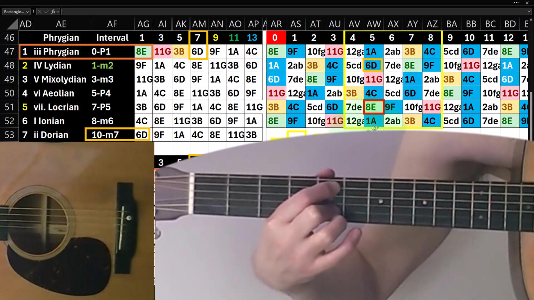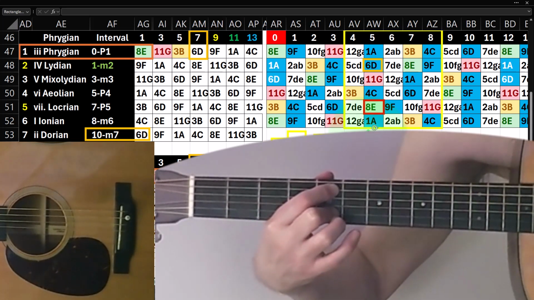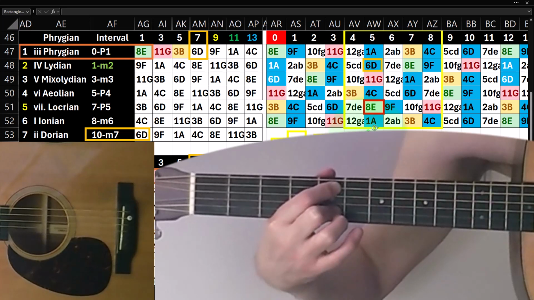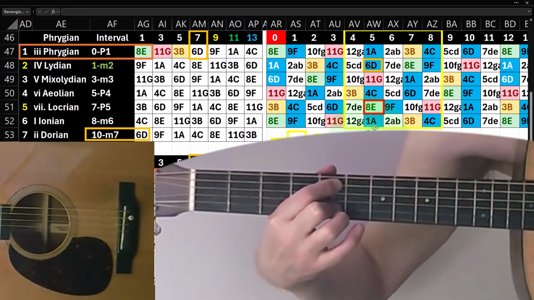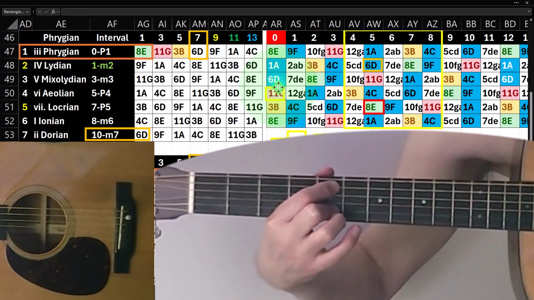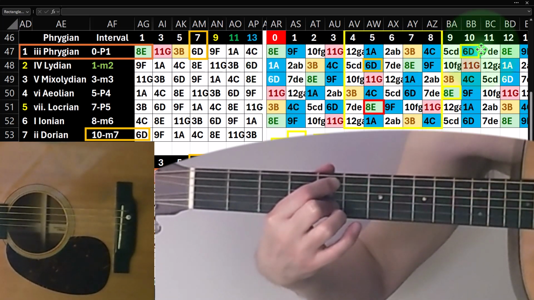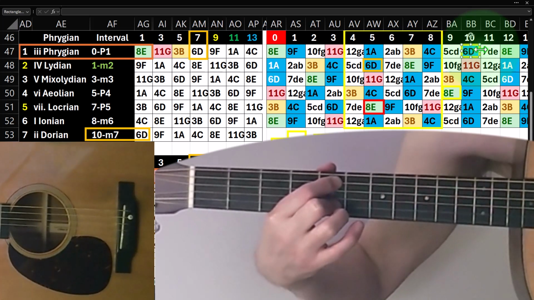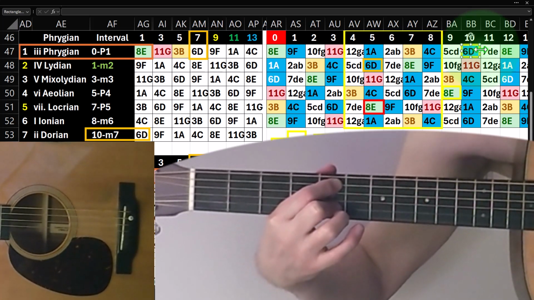Therefore, if I went up 3 strings and crossed the fault line, the 10 note away minor 7 would be on the same fret. But I wouldn't cross the fault line if I started on the G string. So if I was on the G string and I went up 3 strings, it would be up here. So the general rule is, if I go up 3 strings, the 10 note away minor 7 will be 1